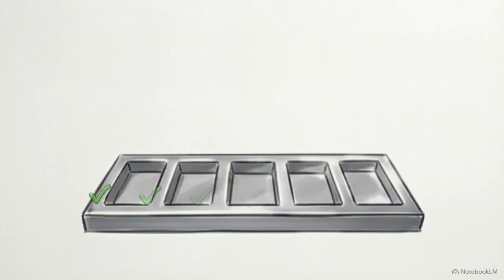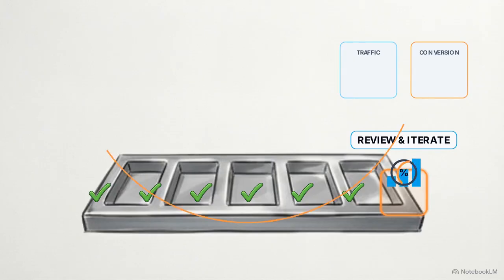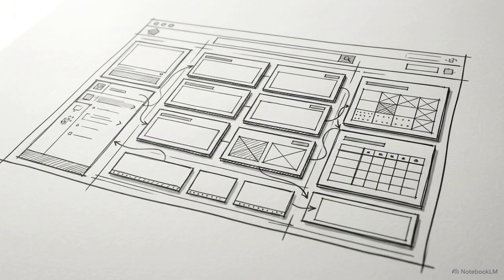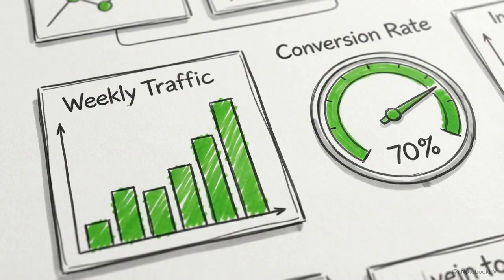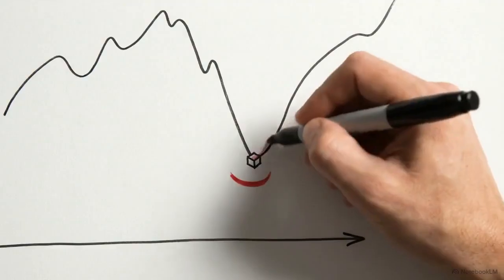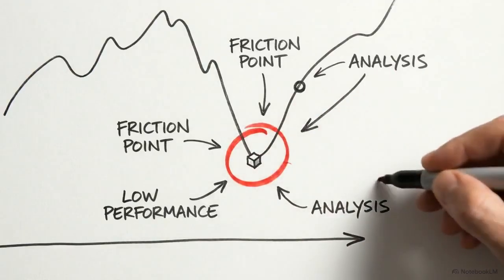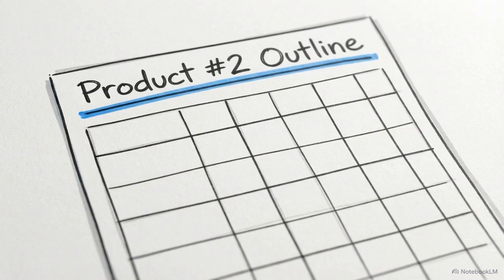That brings us to day 7. With your product live and your first post published, your operational focus shifts entirely to reviewing the initial data. Open your storefront dashboard and check 2 baseline metrics: the amount of weekly traffic visiting your page and the overall percentage of those visitors who complete a purchase. Use these numbers to analyze what parts of your process worked well and identify exactly where you experienced friction so you can fix it. Immediately channel those insights into conceptualizing and outlining your second product.